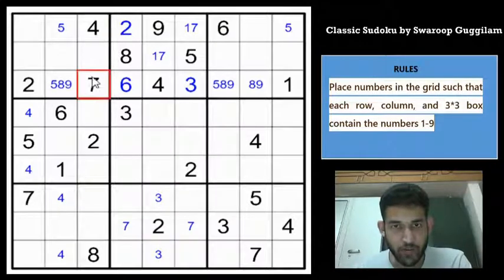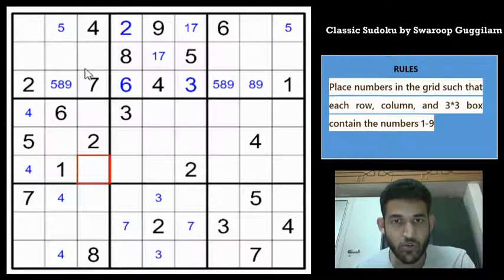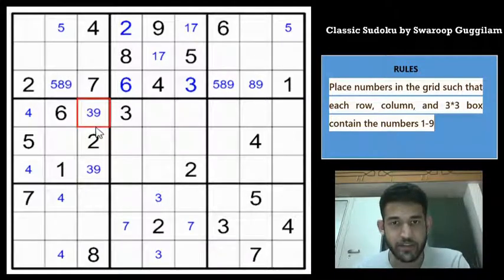Okay, now if you look at column 3, it catches my eye. We have 2, 4, 7, 8, and then if you look at it in conjunction with box 4, these two cells can't contain 1, 5, 6 also. 2, 4, 7, 8 is already given, and 1, 5, 6 also not possible. So we have only two digits left in each of these cells. We can mark the candidates. They are 3 and 9. 1, 2, 5, 6, 4, 7, 8 are not possible, so 3 and 9, right?